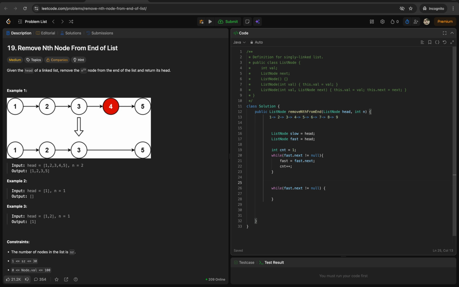Oh, am I supposed to delete this node? Remove the nth node. What am I doing? I need to remove the nth node. This will not work because I was trying to find the nth node. Now if I'm at the nth node, then I won't be able to delete it. I'll need to do one pass again to delete it. In that case,